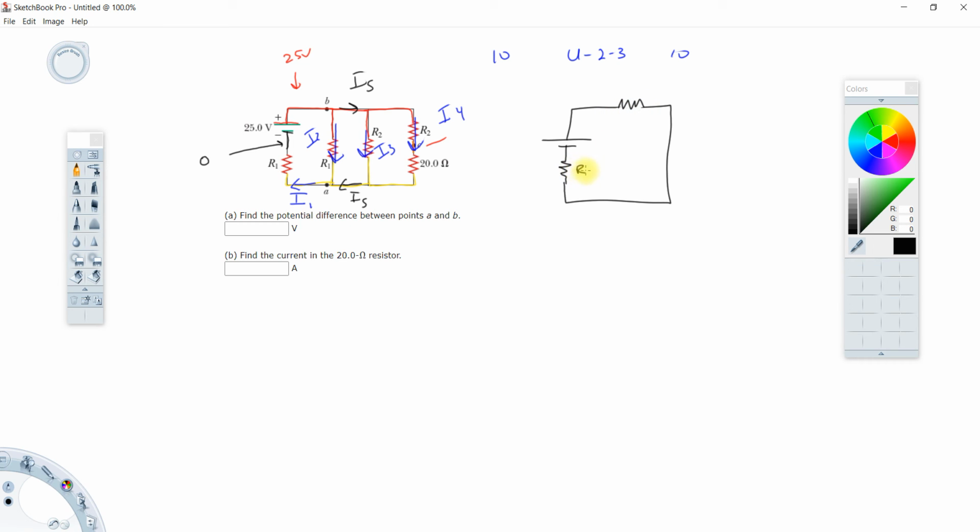Where this one's R1, here's our battery, 25 volts. This is R equivalent after doing the series and the parallel combination. And then in this picture, we would have our current I1. You don't really have to go any further. Get I1. Just write a loop equation. Bang, get I1. Now, going back to the original diagram,